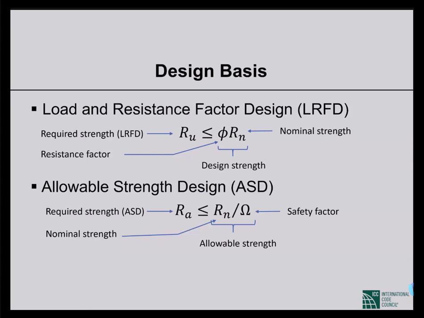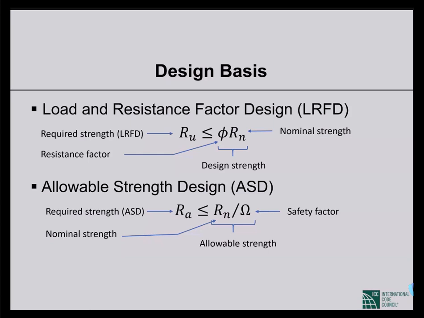Now, what is the difference between LRFD and ASD? Basically, if we want to, we can follow either one. We have to do almost similar calculations. Like the basic term for capacity, which is nominal strength or nominal capacity, Rn, we have to calculate Rn whether we design according to LRFD or ASD. Rn is the common term. We have to calculate the capacity, nominal strength, for the ultimate case.